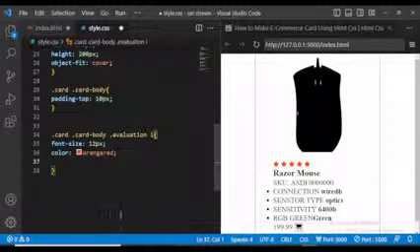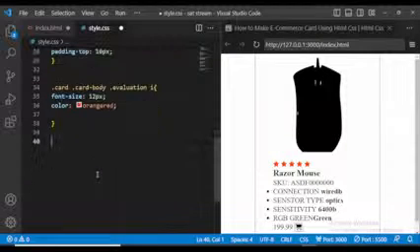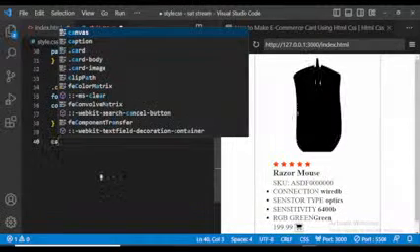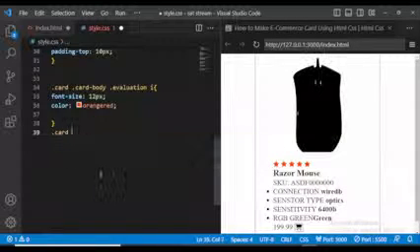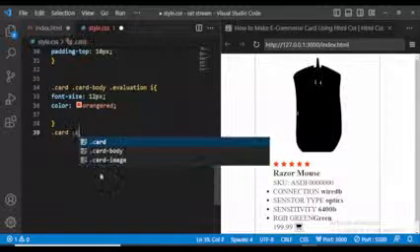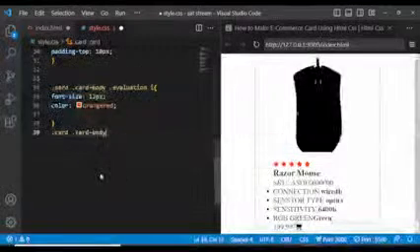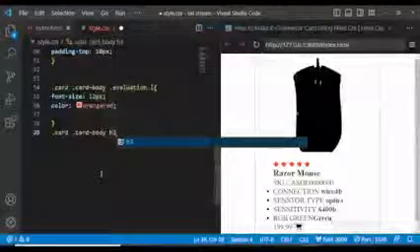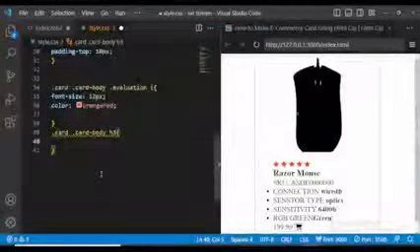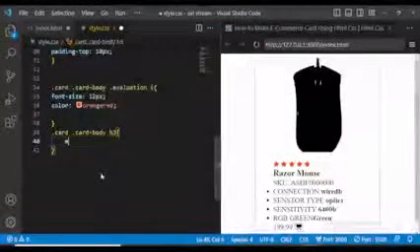So I can tell you that we are going to style the S3 text. To style this S3 text, we're going to say card. Let's style the card, then after styling the card, we style the card body. Then let's say S3 text. Inside the S3 text, we are going to give it a margin